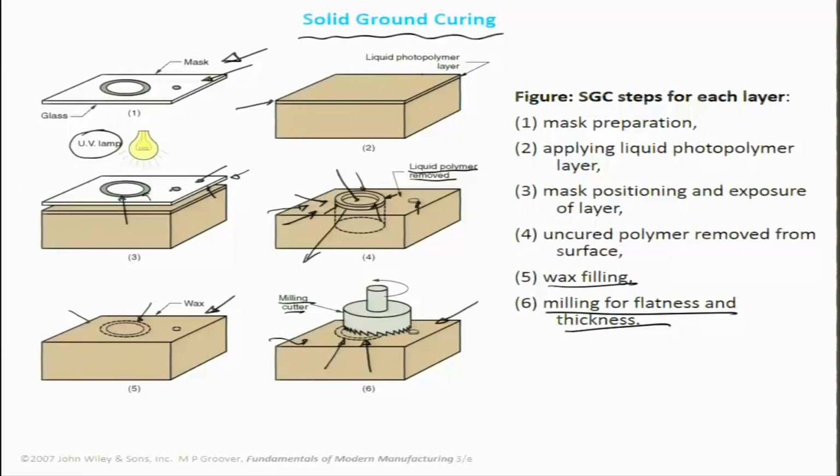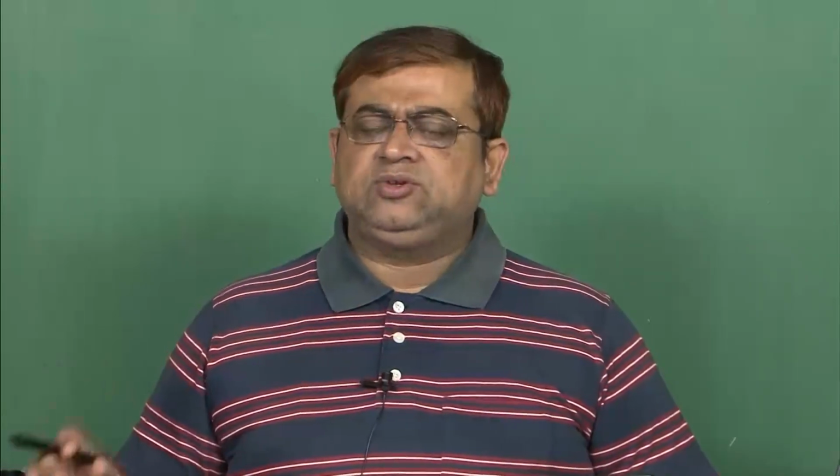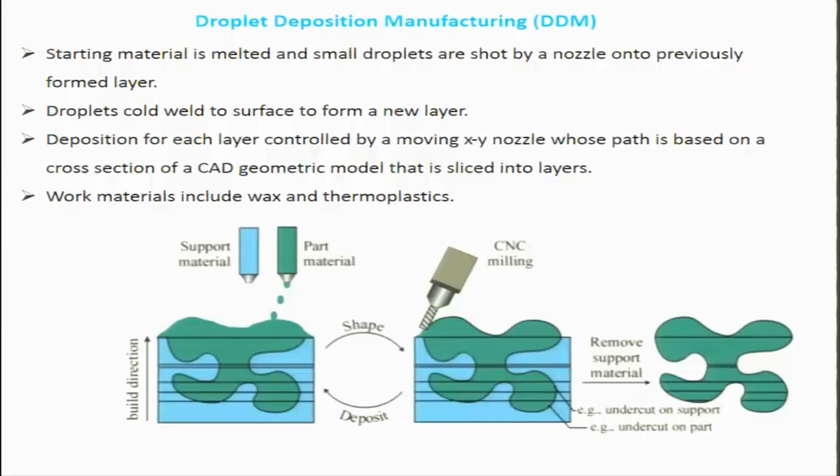It is another form where liquid prepolymer of photoresist nature is applied for building of parts. So you saw in step 1 how a liquid polymer would do stereolithography with a laser beam and a lot more complex optics getting into place with different depths of focus so that you can have a layer by layer build up. In the second step you saw how, with a tedious way of just exposing through a mask and with probably less expensive optics, you could build up a layer by layer structure, thus getting off the wax and retaining the structure. In the third phase we will talk about another very interesting process, droplet deposition manufacturing,